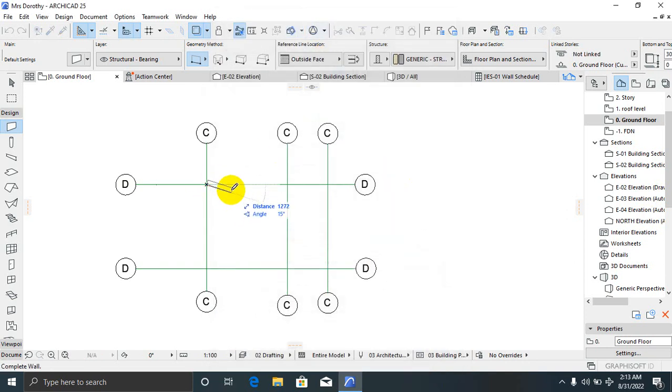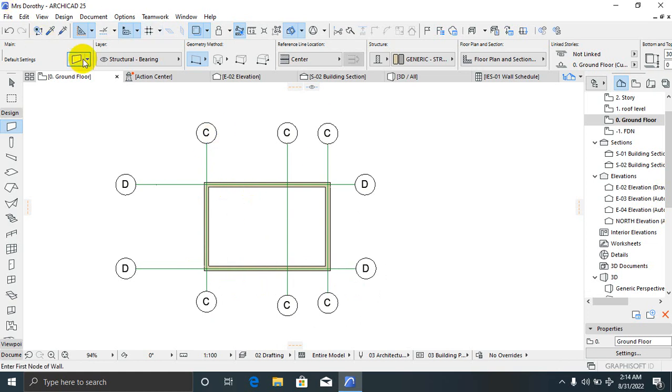Okay, but you can see this is at the outside face, so that is why my wall is following the outside face of this grid. But I don't want it to be outside, I want it to be centralized, so it's going to be center to center. So if I drag this way, I'll drag this. So these are all the external walls. Sorry, I don't want this to